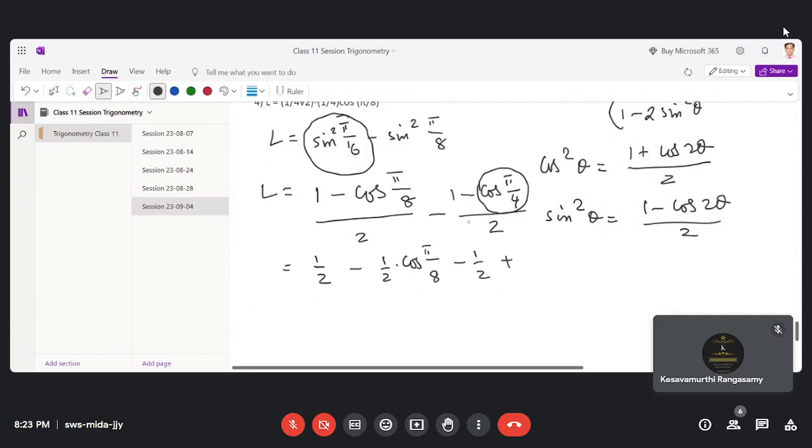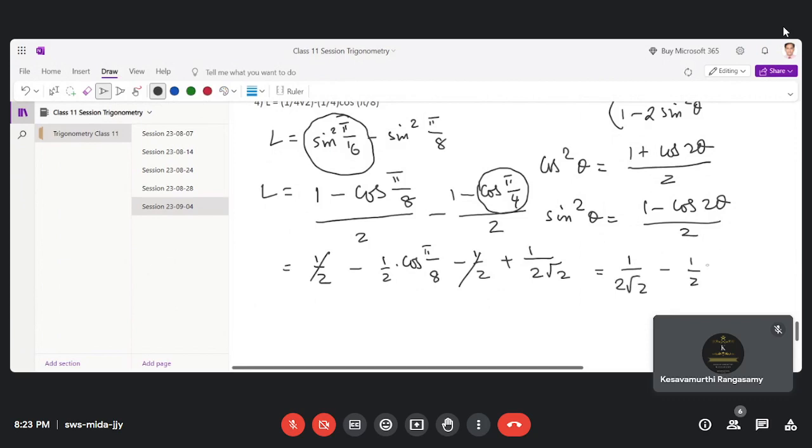This is 1 by 2 here, because minus into minus is plus. So what is cos pi by 4? 1 by root 2. So 1 by root 2 divided by 2. This half gets cancelled and you get L equal to 1 by 2 root 2